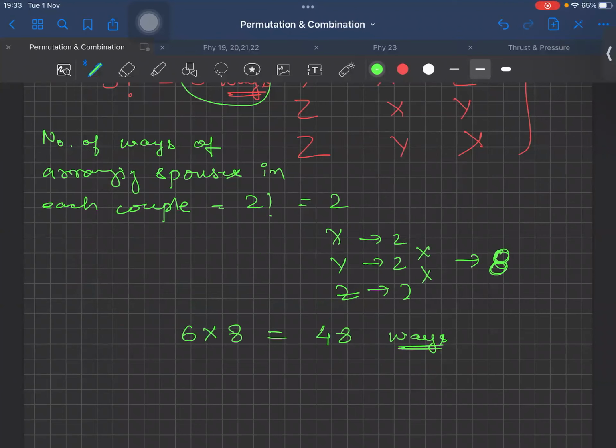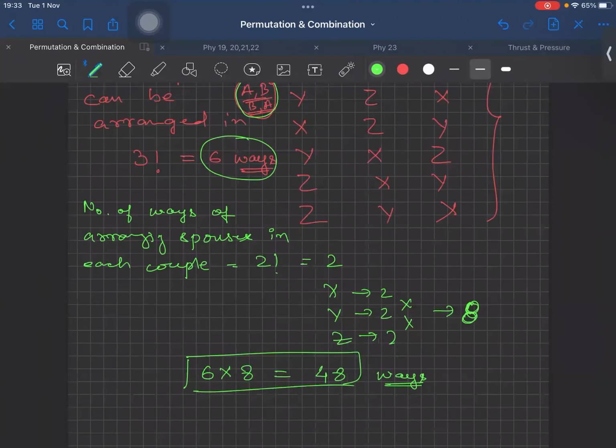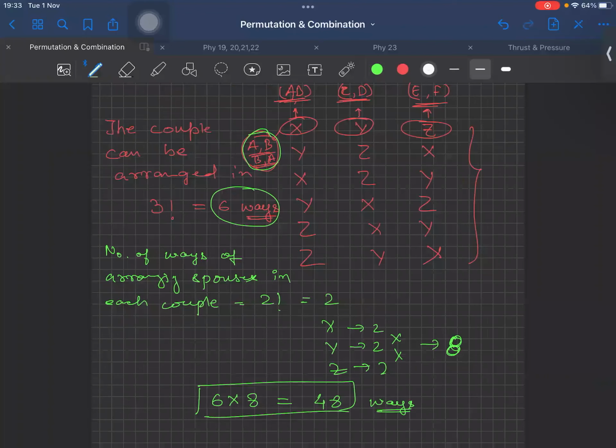Is this thing clear or not? Anybody having a doubt, please tell me. Because these are easy problems that we can understand. All the problems in permutations are like this only. So if we can understand or have an idea of these problems, we can solve all the problems. Okay, getting it?